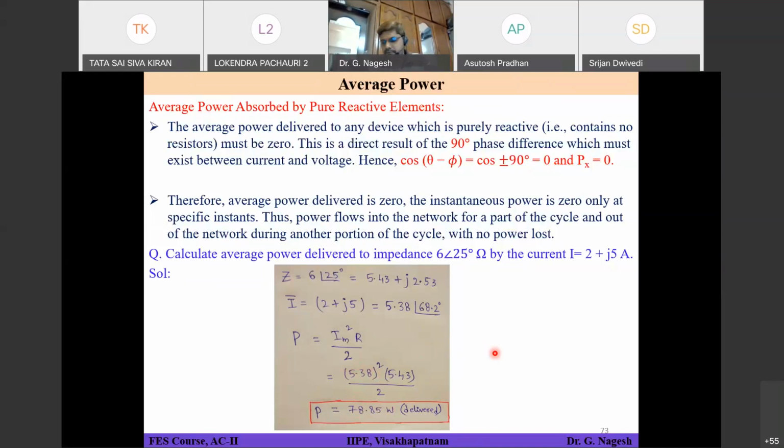That one is instantaneous power, no, sir? The average and instantaneous would be almost same, sir. No. V of t into I of t will be instantaneous power. But if you see the average value of that instantaneous power, you are getting two terms, and first term is a constant and second term integrated over one time period will become 0. Okay. So if you are calculating the average, you have to integrate. Once you do the integration, second term is of 0 value. Okay, so that's why I straight away told Vm Im by 2 into cos of theta minus phi. Okay.